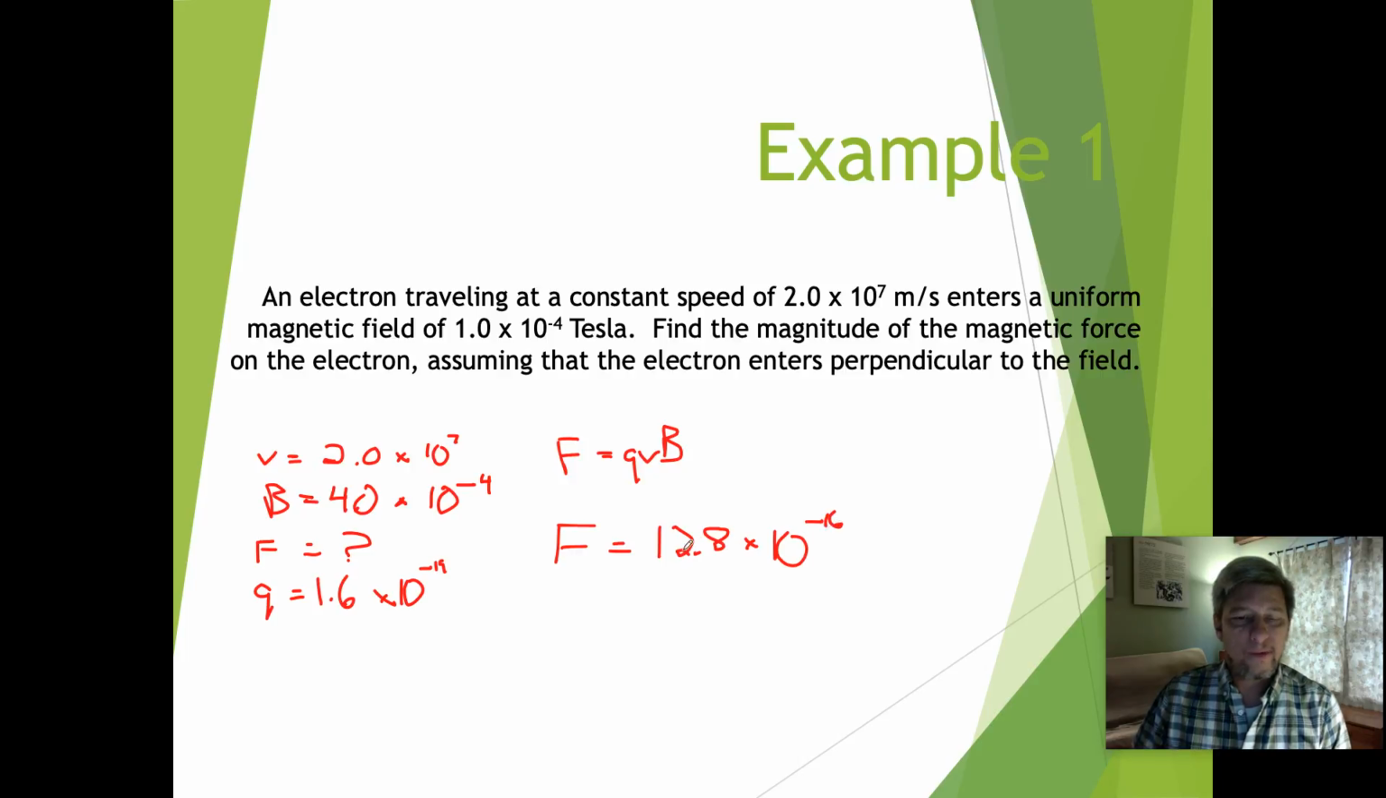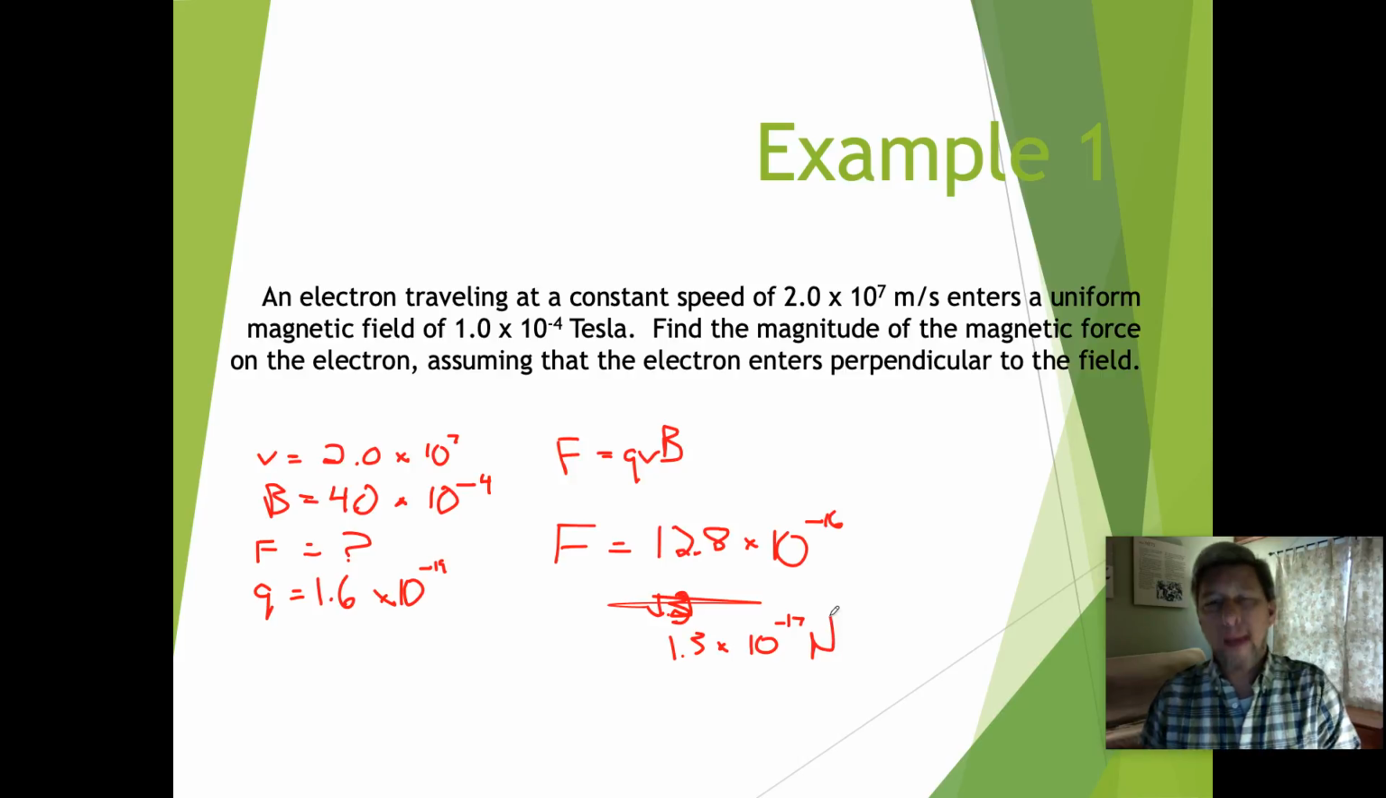And now, of course, we have to put this back into scientific notation. We make the number smaller, we make the exponent bigger. It becomes 1.28 times 10 to the negative 17th newtons. Okay? So with sig figs, it would be 1.3 times 10 to the negative 17th newtons. Okay. Anyway, so we can calculate the amount of force necessary to send a beam of electrons in a